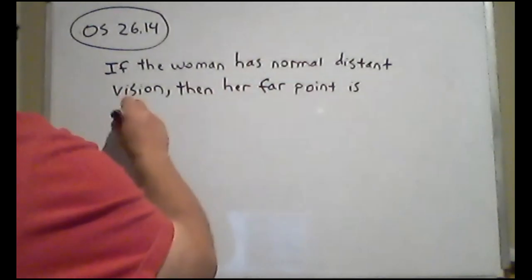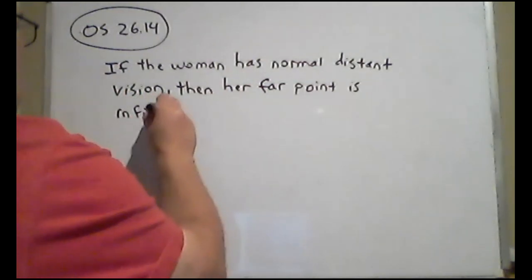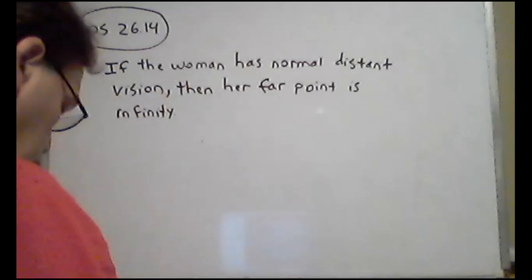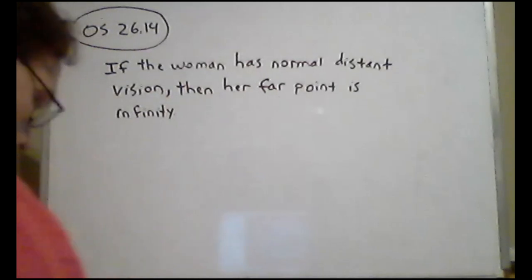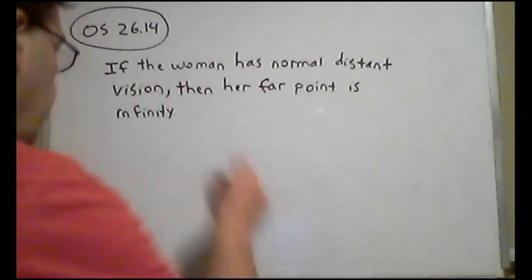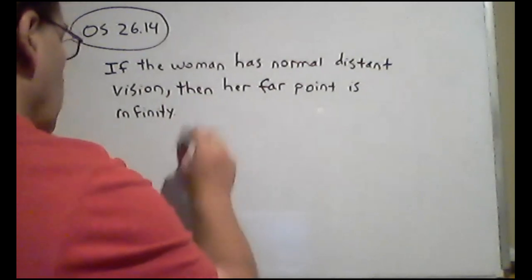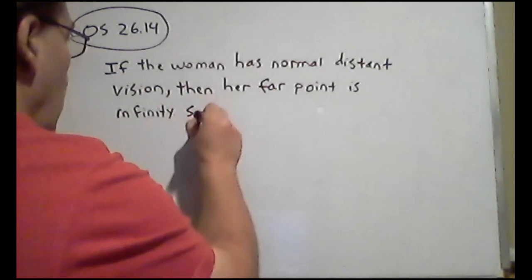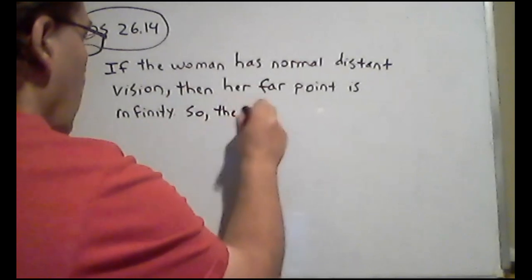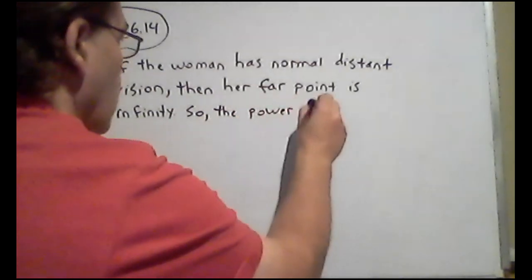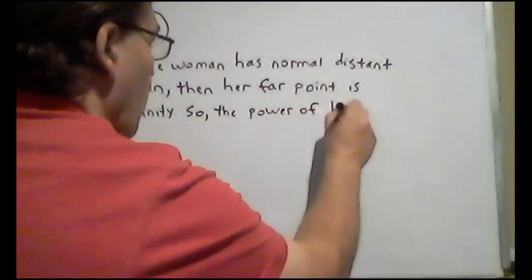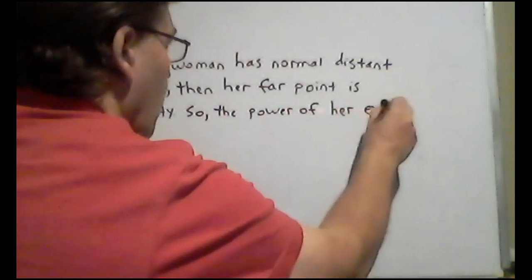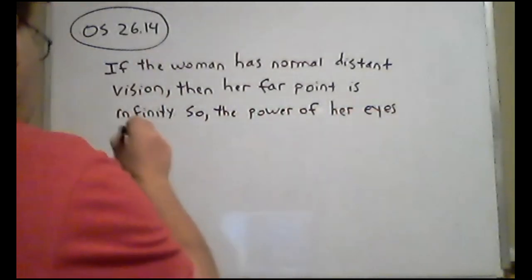All right. You can see the vanishing point, basically. So the power of her eyes for distant vision is, we've done this calculation before, do it again. So the power of her eyes for distant vision